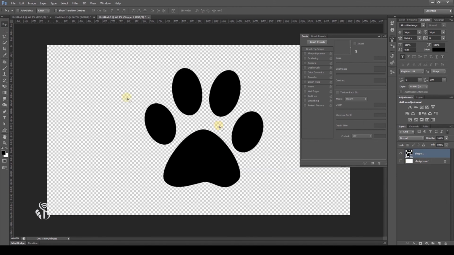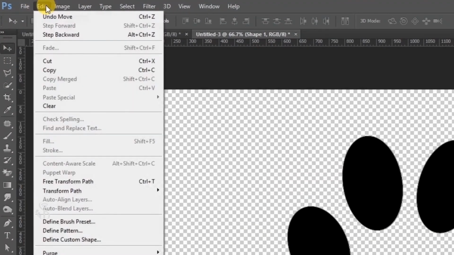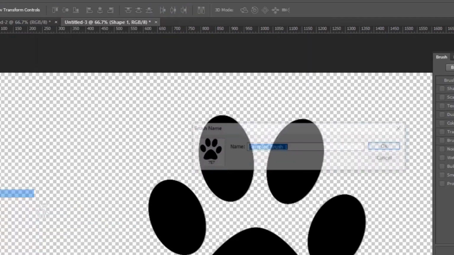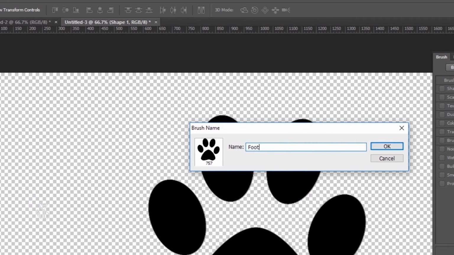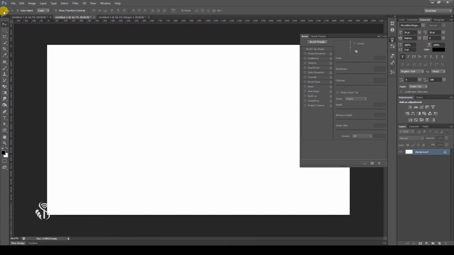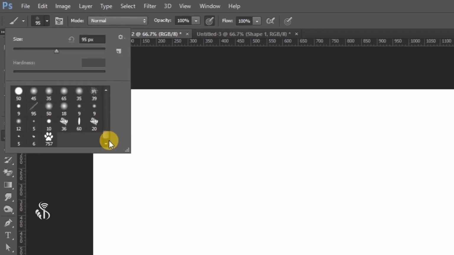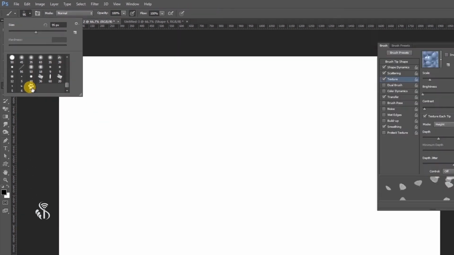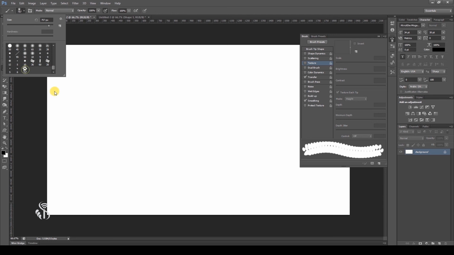Now click on the Edit menu to give this brush a name. Select the command Define Brush Preset. Type the name of the brush in the text box Brush Name and click on the OK button. Now let us check the brush tool. And in the Brush Picker preset, let's see whether the newly selected brush is present. You will observe that our new brush is now listed at the end.